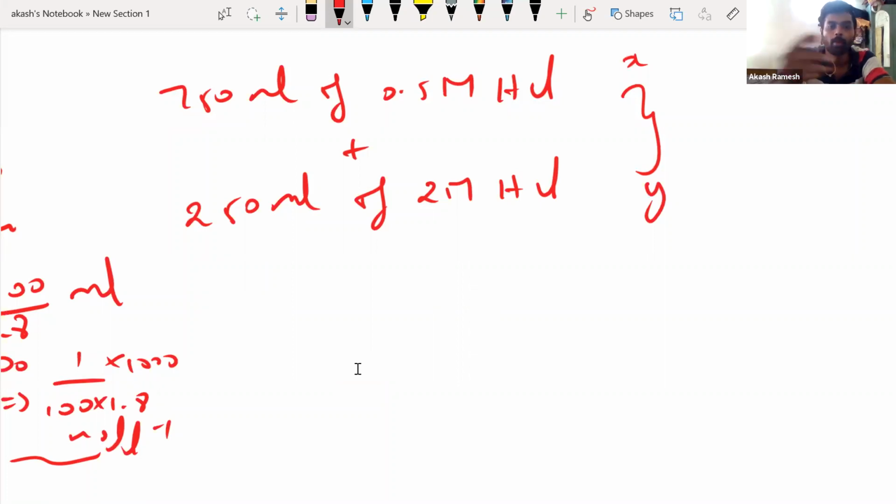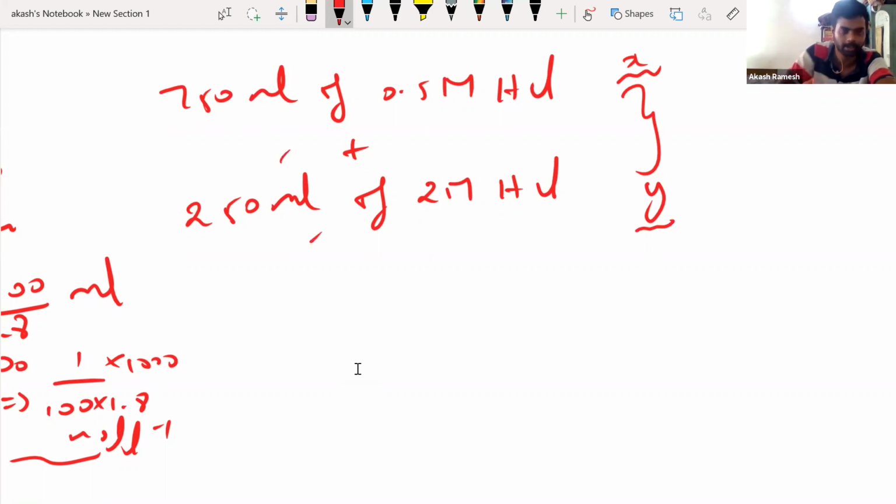Okay, right. Now, when I mix these two solutions, obviously the number of moles in the first solution and the number of moles in the second solution will get added up. Total HCl will be X plus Y. Correct? And the total volume will also get added up, because I add 750 ml and 250 ml. Now the total volume will become 1000 ml. No issues, right? So now, if I can calculate the number of moles of HCl in the first solution and the number of moles of HCl in the second solution, and I add them up,